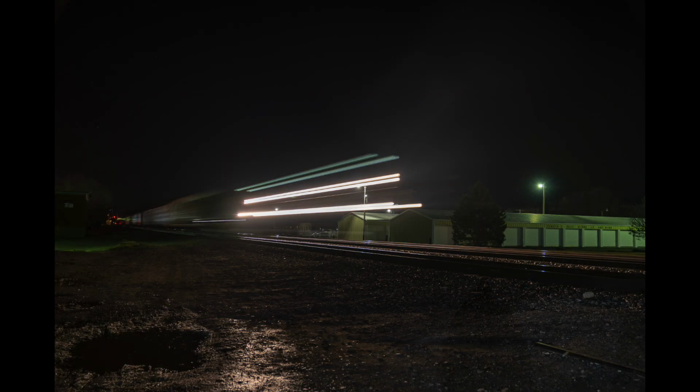I'm gonna do one more and see if I can get a little bit better. I'm gonna do a little bit slower. That one was a 1-second shutter. This time I'm gonna do a 2-second shutter and see how that turns out. I'm a little out of breath because I had to, oh,